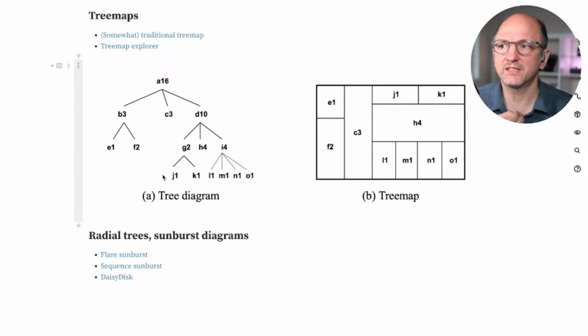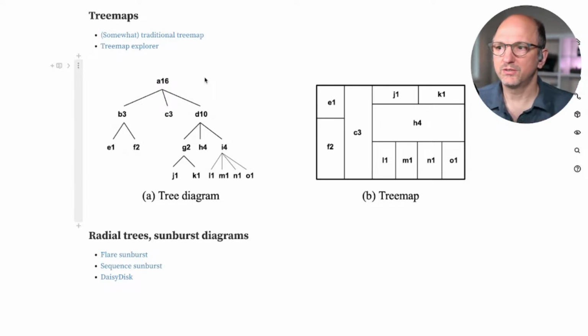Let's say these are files here, and these are files, and I can sum them up for each directory. So this G directory has these two taken together, and then these are the I directory, and then all of these together are this one, and then everything added up together is this one. And so what I can do now, and this is the idea behind the tree map, is I can take a rectangular space and divide that up in the same way as the subdirectories for each